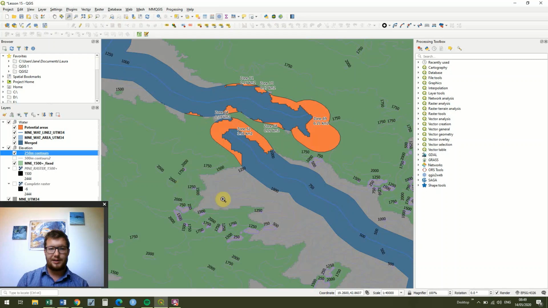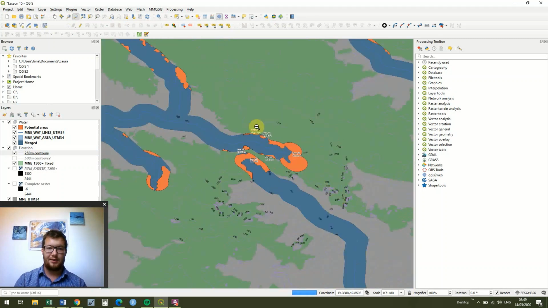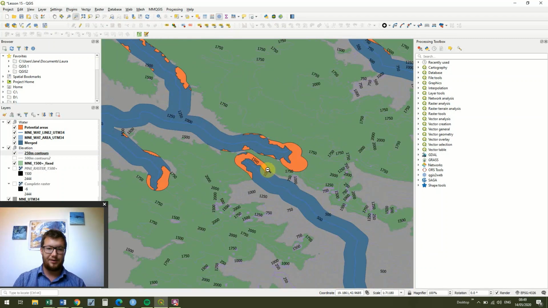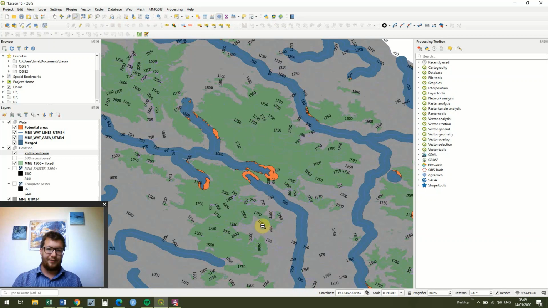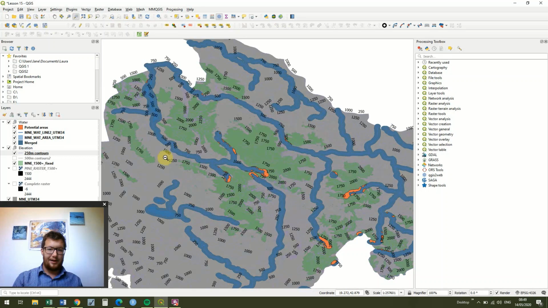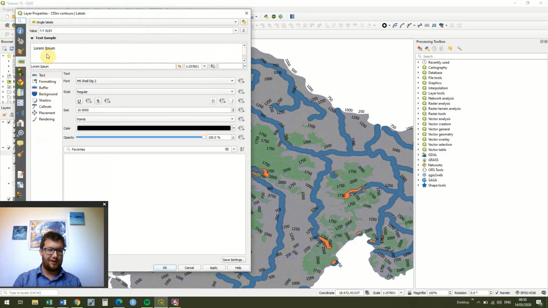But I hope that's given you a bit of an idea. And we talked a lot about this, but obviously the amount of contours we're going to have on and the interval between them is really dependent on the scale that we're looking at. So for example, if we were to have all of our labels on, we'd have to be really zoomed in. So I might go into 250 meter contours. This isn't a lot of use to me at the moment looking at this, so I might make it so that